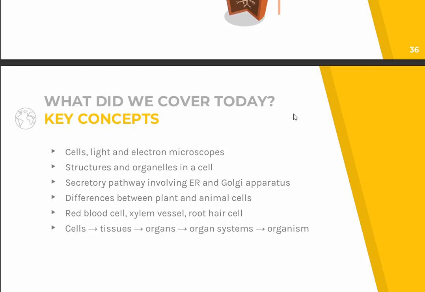So, summarizing what we have studied in today's lesson, we talked about the cells, how we can see them, their structures, and the organelles inside them. We differentiated between the plant and the animal cells. We talked about specialized cells, the red blood cells and the root hair cells, and we talked about the organization of an organism. We learned that cells make up tissues, similar tissues make up organs, different organs make up organ systems, and organ systems make up an organism as a whole in both plants and